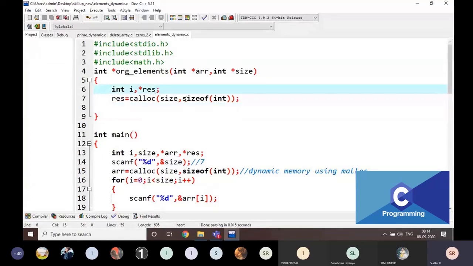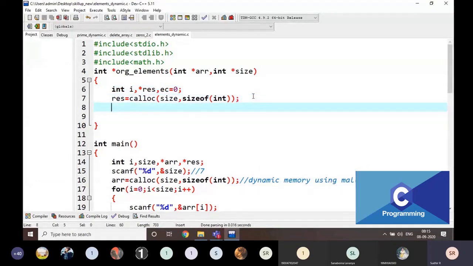And I am going to take one more variable, that is the original elements count. Element count is equal to 0. Okay, I am going to take element count is equal to 0.